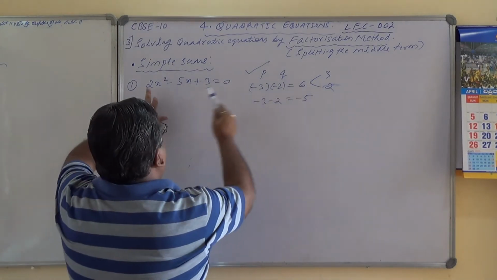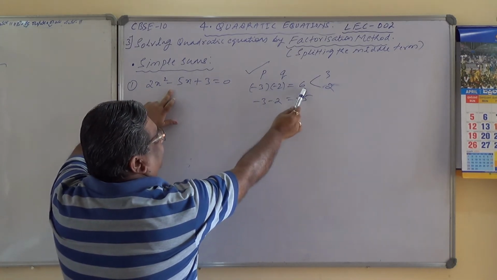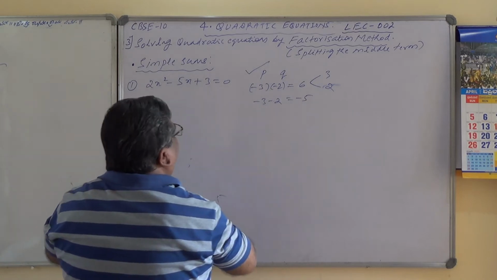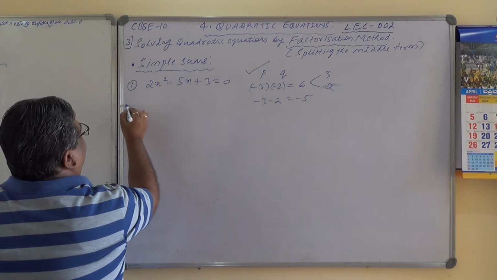I require P and Q such that 3 into 2 is 6 and minus 5 here. Therefore minus 3 into minus 2 is equal to plus 6, and minus 3 minus 2 is minus 5. Therefore 3 and 2 are the factors here. So this is equal to, now I will do this one, implies